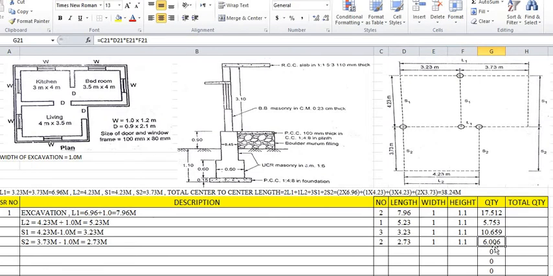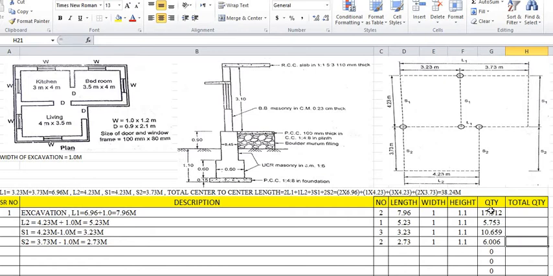In this way we have calculated the complete long wall by short wall method. We have calculated all the quantities for earthwork in excavations along long walls L1 and L2 and along S1 and S2. So in this way we have to cover the complete figure and all the quantities. Here there are 2 numbers of L1, 1 number of L2, 3 numbers of S1 and 2 numbers of S2. We have considered all the walls along the X direction and along the Y direction.